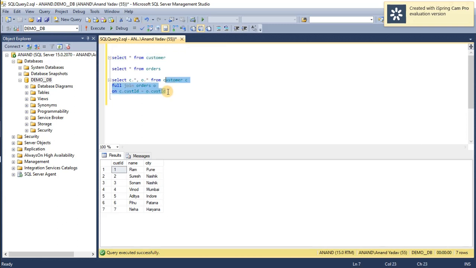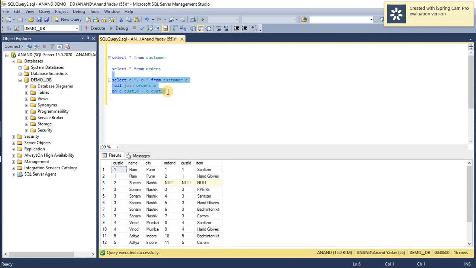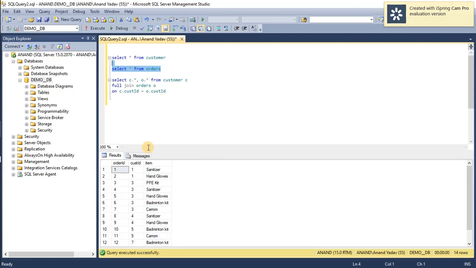All of these records are present here. Or if we just select the records from orders, you can see that there are order IDs 1 2 3 4 5 6 7 till 14.